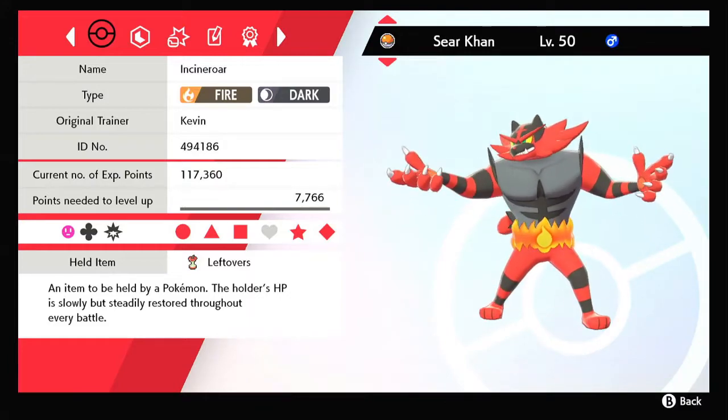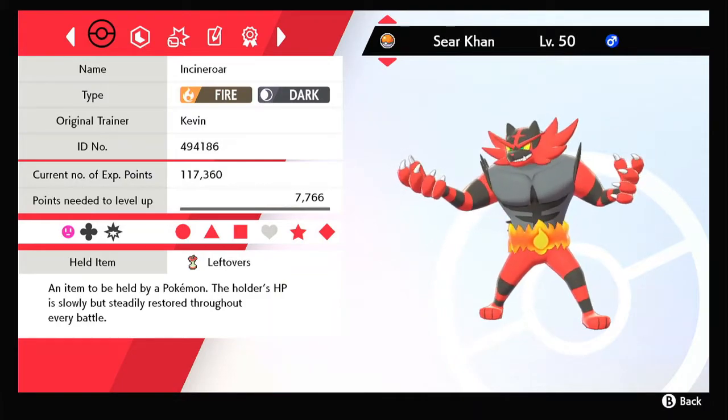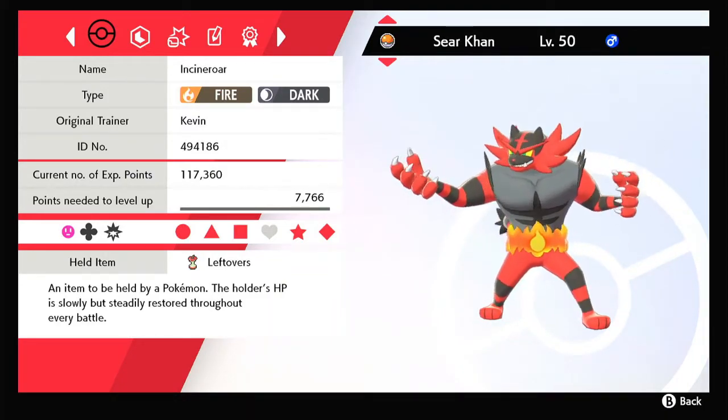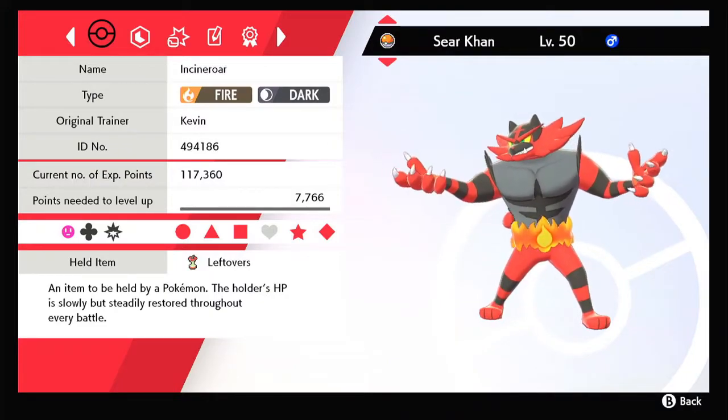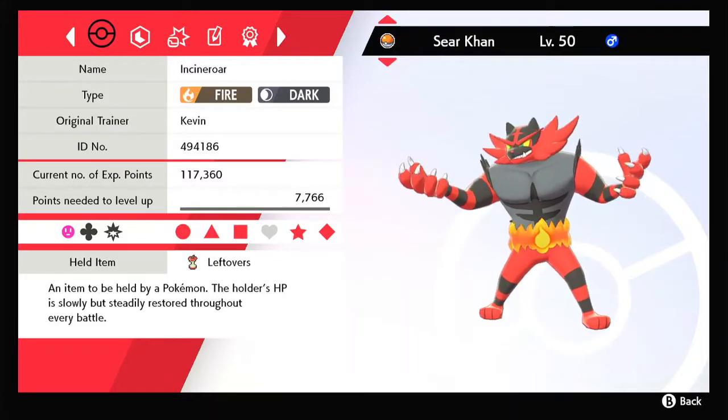Hello, today I will be sharing my moveset for Incineroar. The idea of this moveset is to boost your attack and defense with Bulk Up, and then plow through your opponents with Power Trip. The item in this set is Leftovers, which restores 1/16 of your health at the end